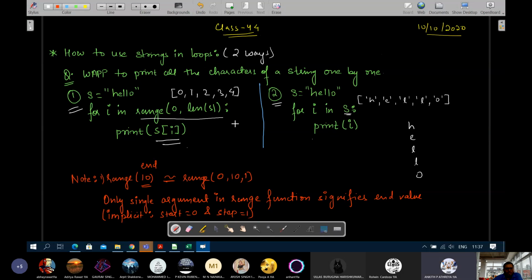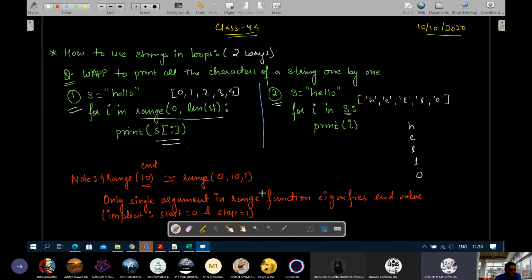Right. So two ways of what? Any doubt? What signifies start, sir? Start means what you write in the range. This is the starting value. Which integer will be the first value generated in the list? No, sir, I am asking that if one number we put in the range, it will signify end. So what signifies start there? I am not getting you. Start will automatically be taken as 0.